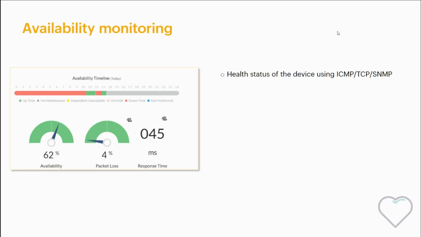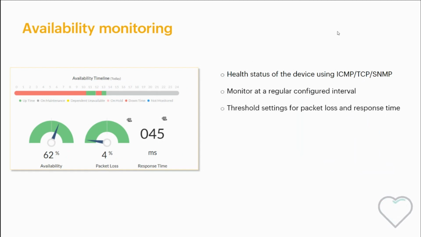So in case you have an environment where ICMP ping is blocked or disabled, we also check availability using the TCP protocol. The availability can be monitored at regular intervals, say 1 minute, 5 minutes, or 10 minutes, according to how crucial that particular network or that particular device is in your network. We also monitor the packet loss data, we monitor the response time, and you can set thresholds for all these and let OpManager alert you when a specific device crosses this threshold.